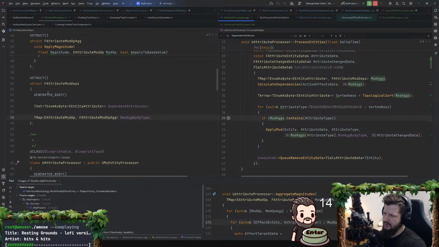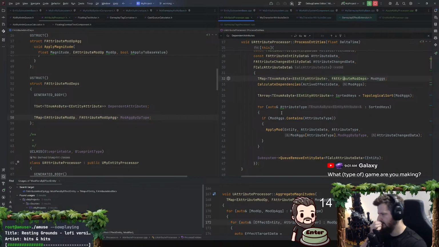Honestly, I probably should get rid of that to make this data smaller so we can iterate over it faster. Oh, this is attribute to mod depths, and then we sort it. Ugh, okay. Let's just make it work first. We'll optimize it later.